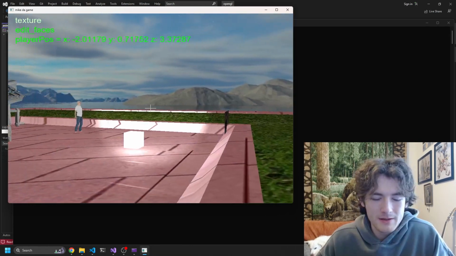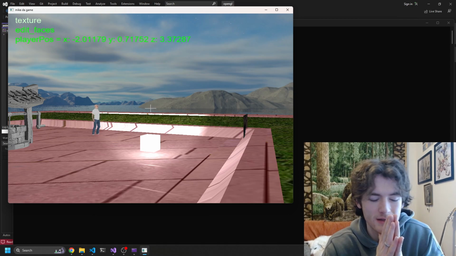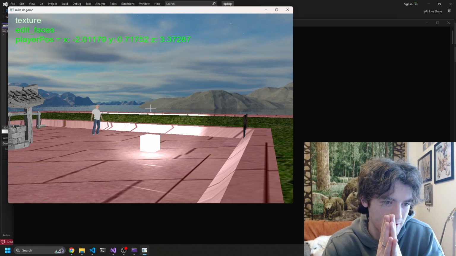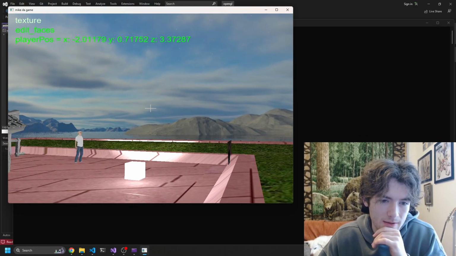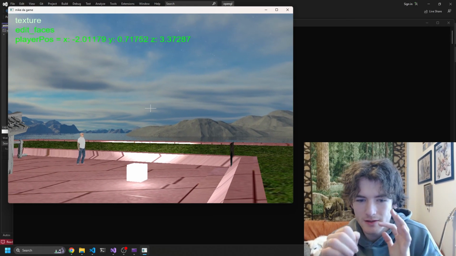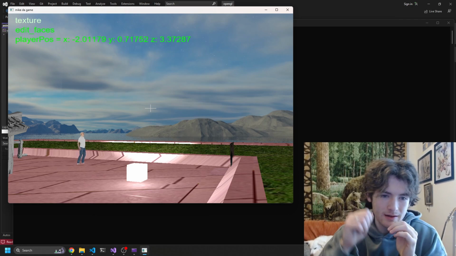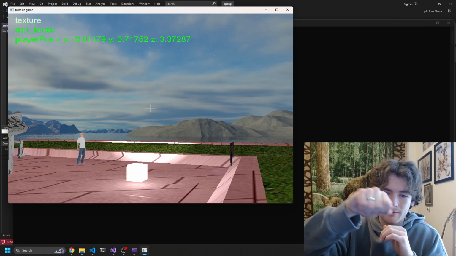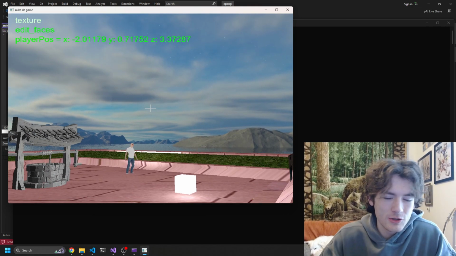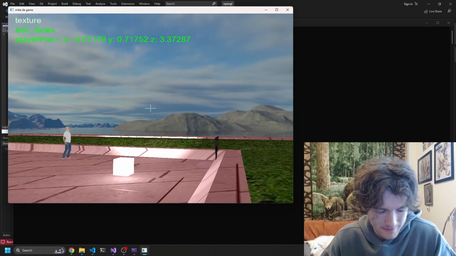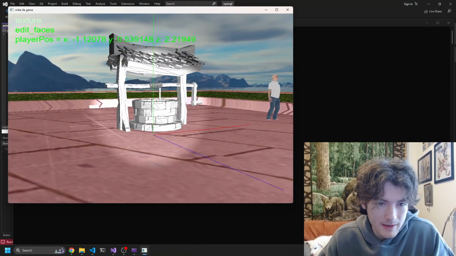Yeah, so the biggest thing I've added in is an object selection system. So any of these objects on the screen, you could select it, and then it will bring up a translation gizmo like you would get in Blender. And then you could select any of the axes on the gizmo and drag along it, and then it will let you translate any of the models around the stage. So pretty sweet. So I'm gonna click on it,